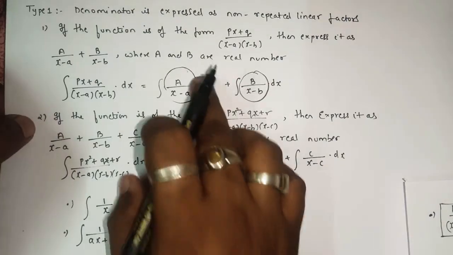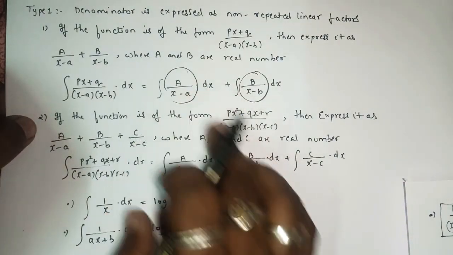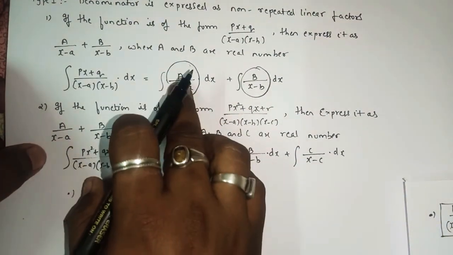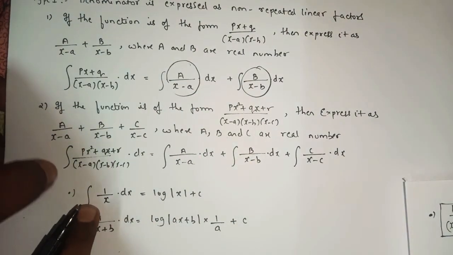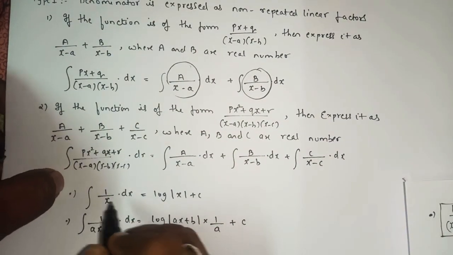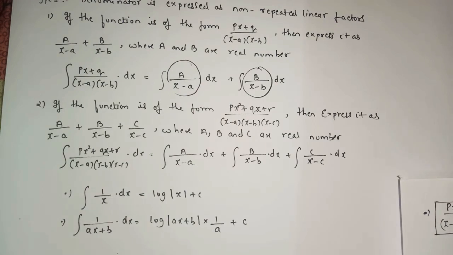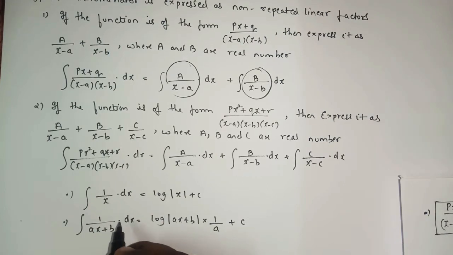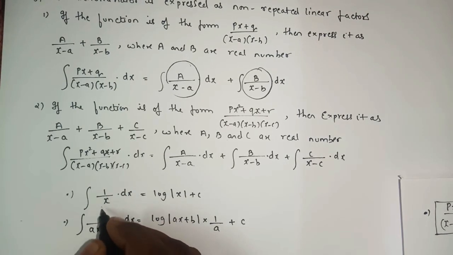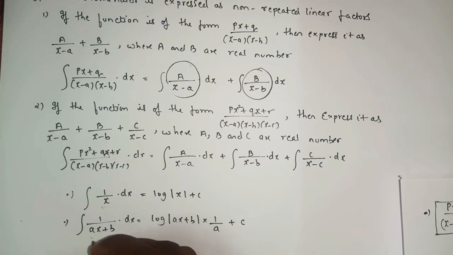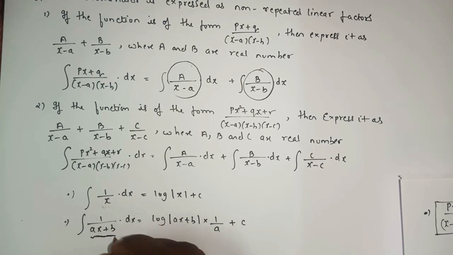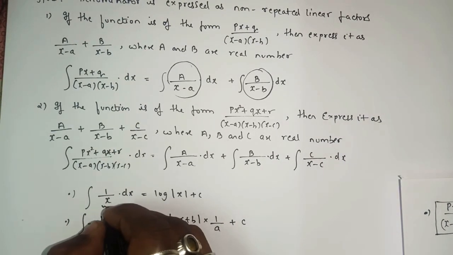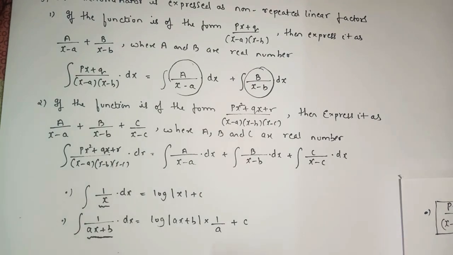So the last step, we have to integrate with respect to x, so this will be in the form of this formula. As we know, integration of 1 upon x is log mod of x plus c. If we have 1 upon ax plus b into dx, when x is replaced by some other term, as it is a linear term, it will be log mod ax plus b,